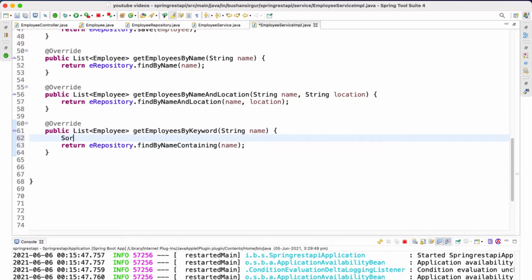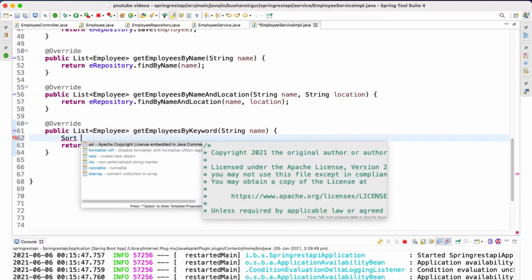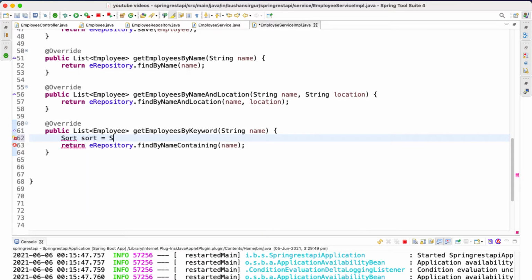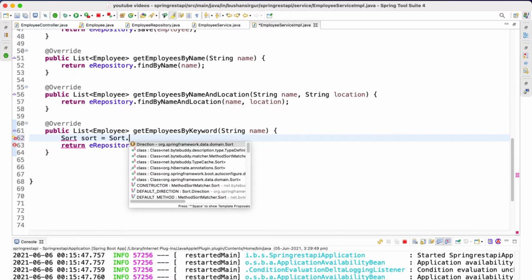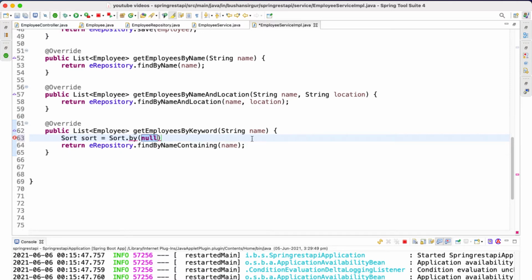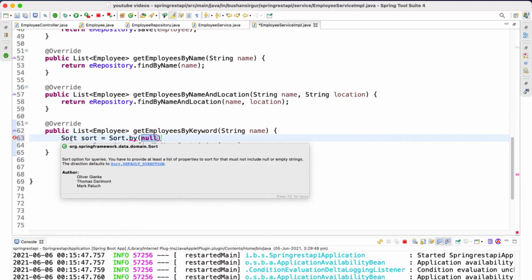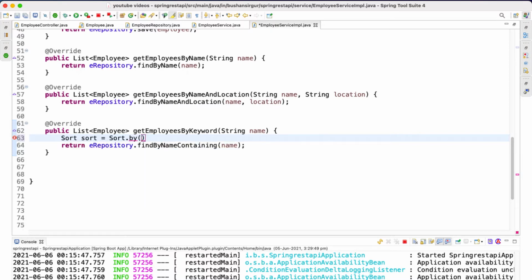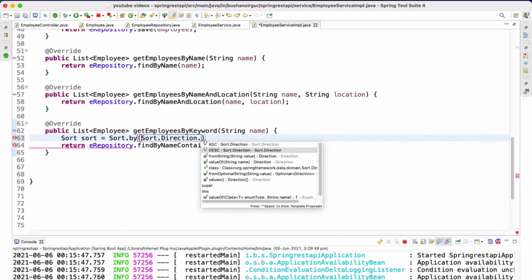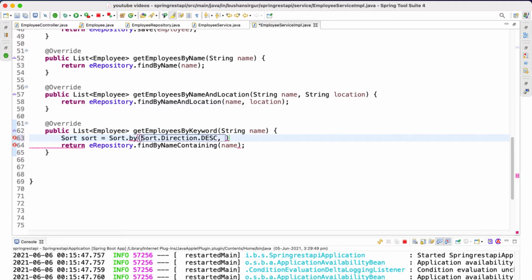So we are going to make use of the Sort class. Sort is a class inside the Spring framework, and we are going to make use of the static method by, and to this we are going to pass the direction, Sort.Direction.ASC or DESC. Let's keep it descending, and we have to specify the column name, but the column name is specified with the field name, and the field name I want to sort it based on is the ID. So let's specify the ID,